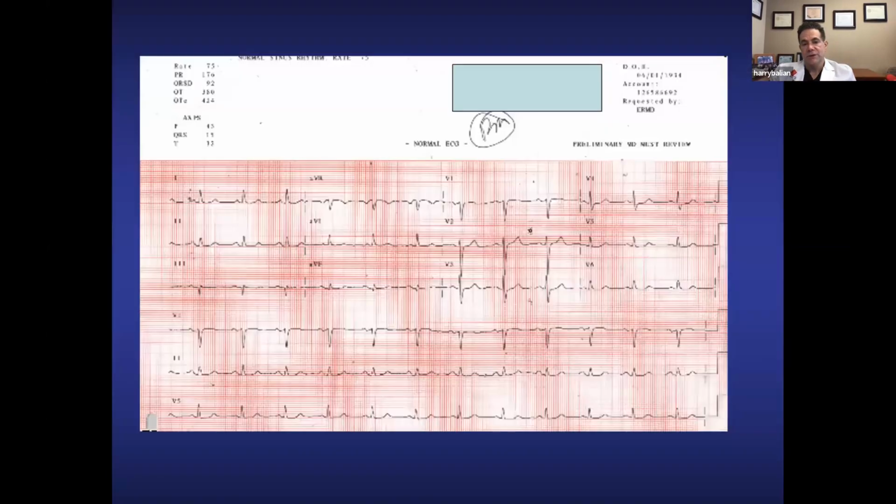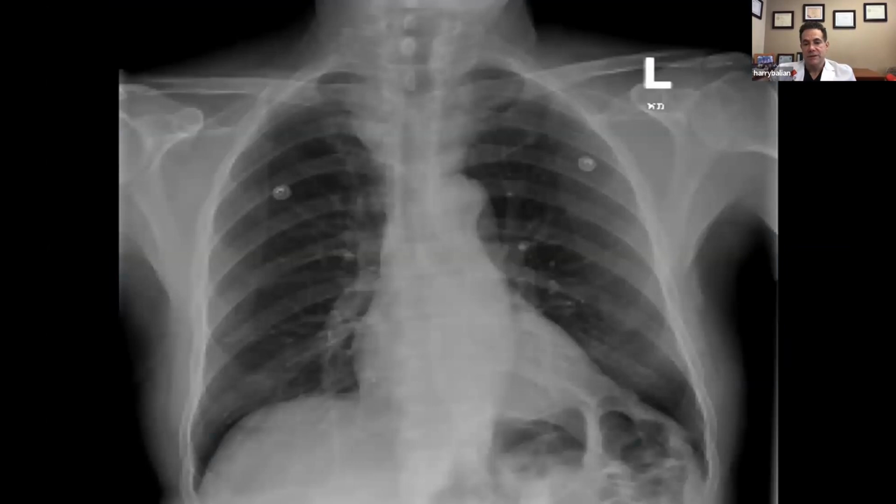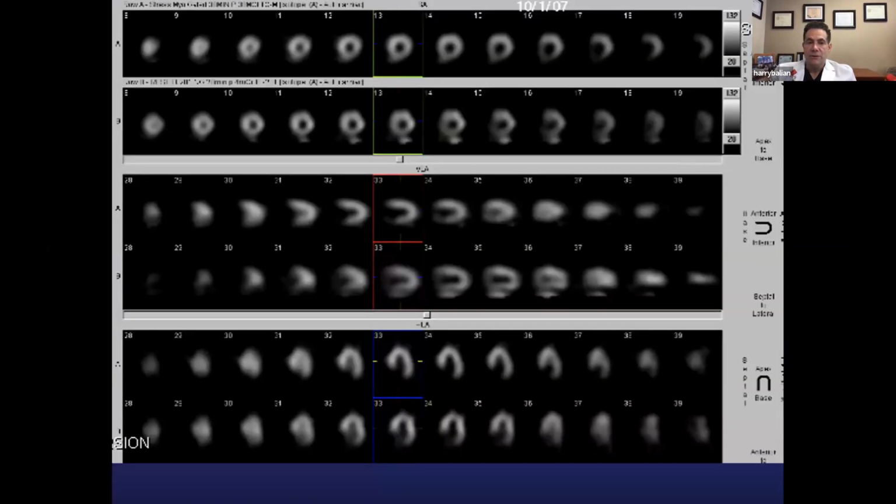Going through his EKG, he has normal sinus rhythm at baseline, good R wave progression, and basically no evidence of ischemia. This is his baseline EKG. Chest X-ray is, again, unremarkable, with normal cardiac silhouette and normal lung fields, no evidence of heart failure. The nuclear stress test did show evidence of an anterior wall defect, consistent